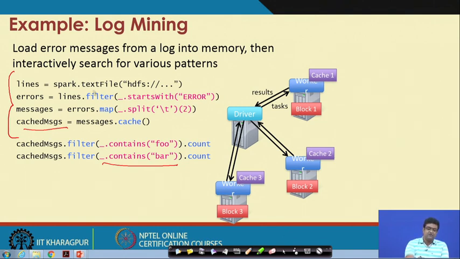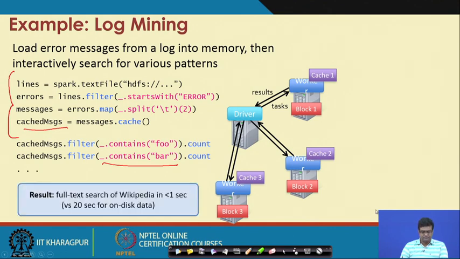So, it saves all these read operations and write operations. So, in case of interactive or iterative computation, this cache command helps reduce the cost of execution or time of execution by this mechanism. Okay. So, for example, a full text search on Wikipedia will take less than 1 second if you do cache, and if you do it without caching it will take 20 seconds, and similarly for other things.